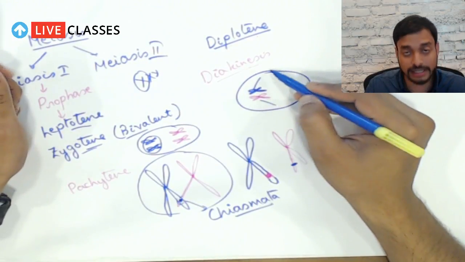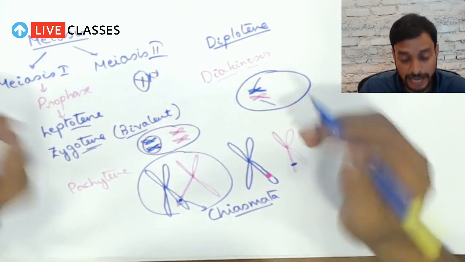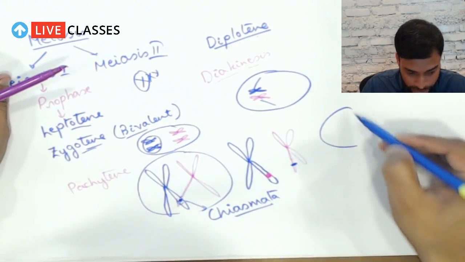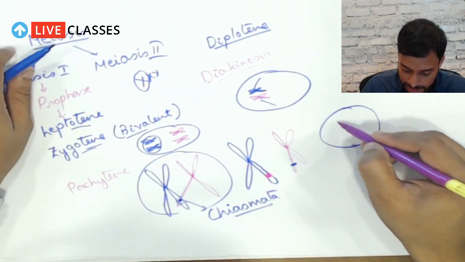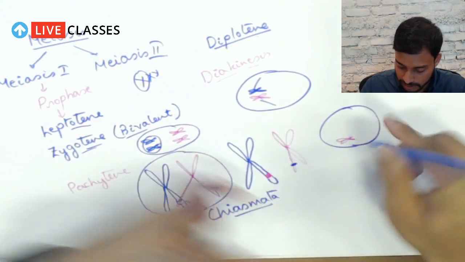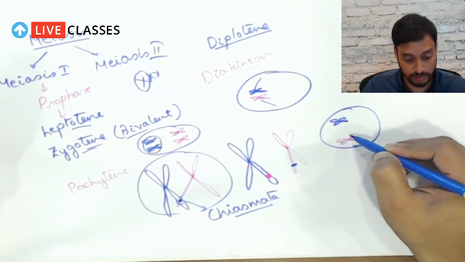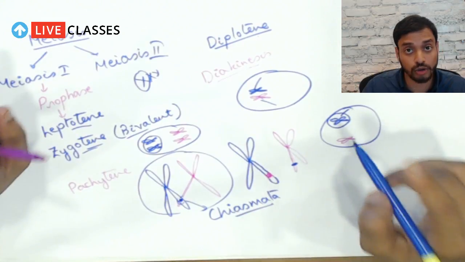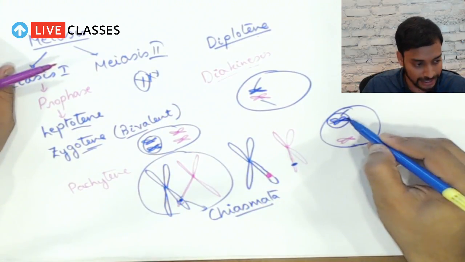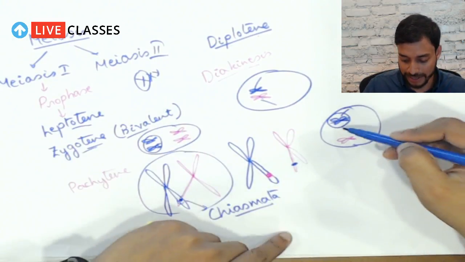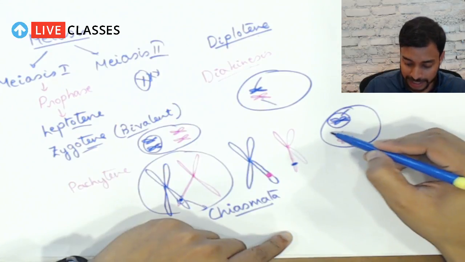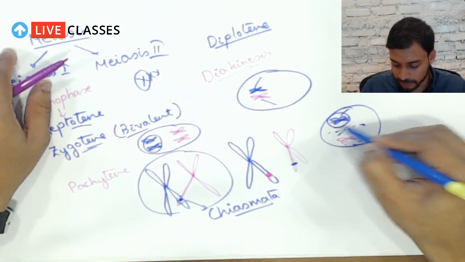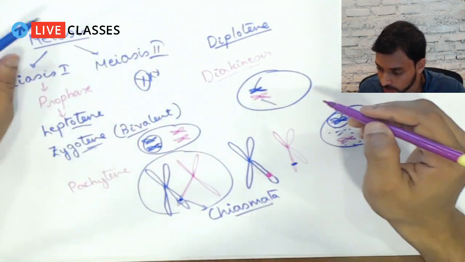Now let's move on. We have talked about diakinesis. So we were heading towards metaphase. In metaphase, what will happen? They have aligned at the equatorial position, and in the next phase, let's draw it here, in the anaphase, what will happen? These will get separated. Now, can you tell me the difference between anaphase of meiosis 1 and anaphase of mitosis? The difference is that here the homologous chromosomes are separated and not the chromatids. Initially we had seen that the chromatid was divided, right? But here the whole chromosome moves, that is, one paternal chromosome goes one way and the maternal chromosome goes over here. And similarly it is followed by what? After anaphase we have telophase. So it will again form the nuclear membrane, and slowly and steadily